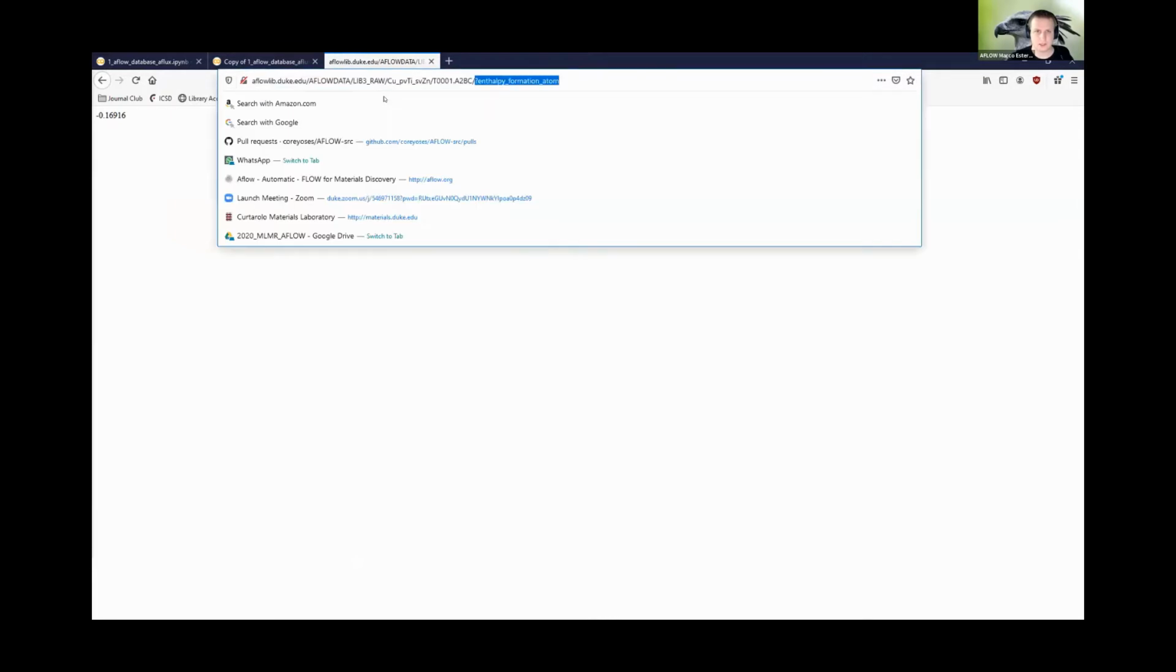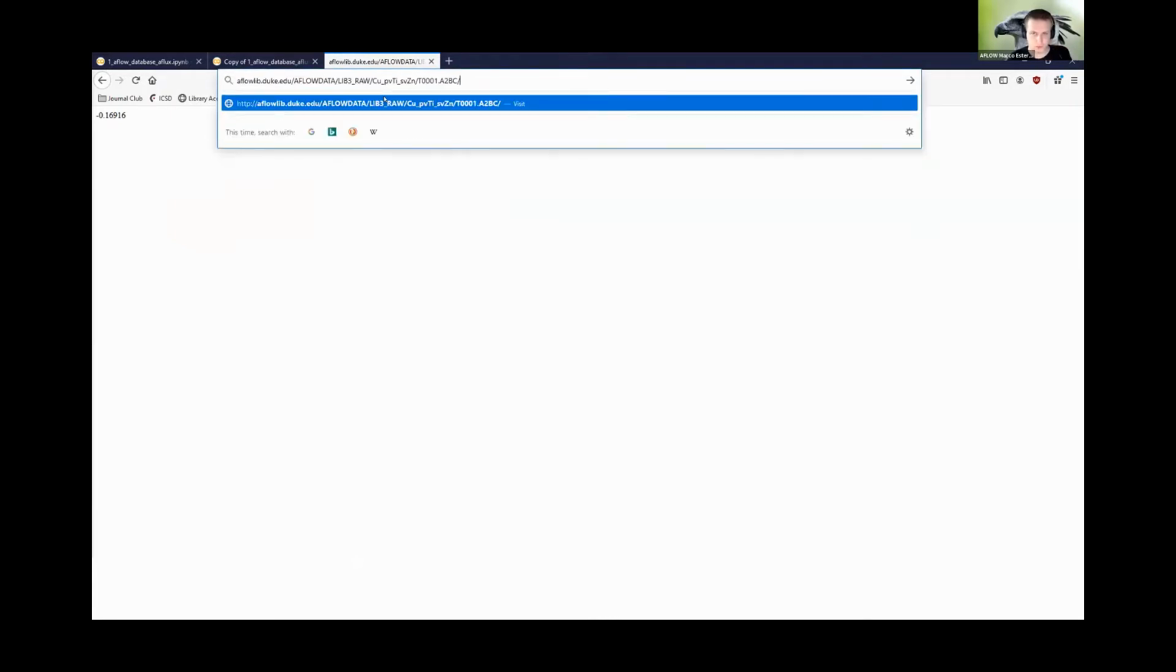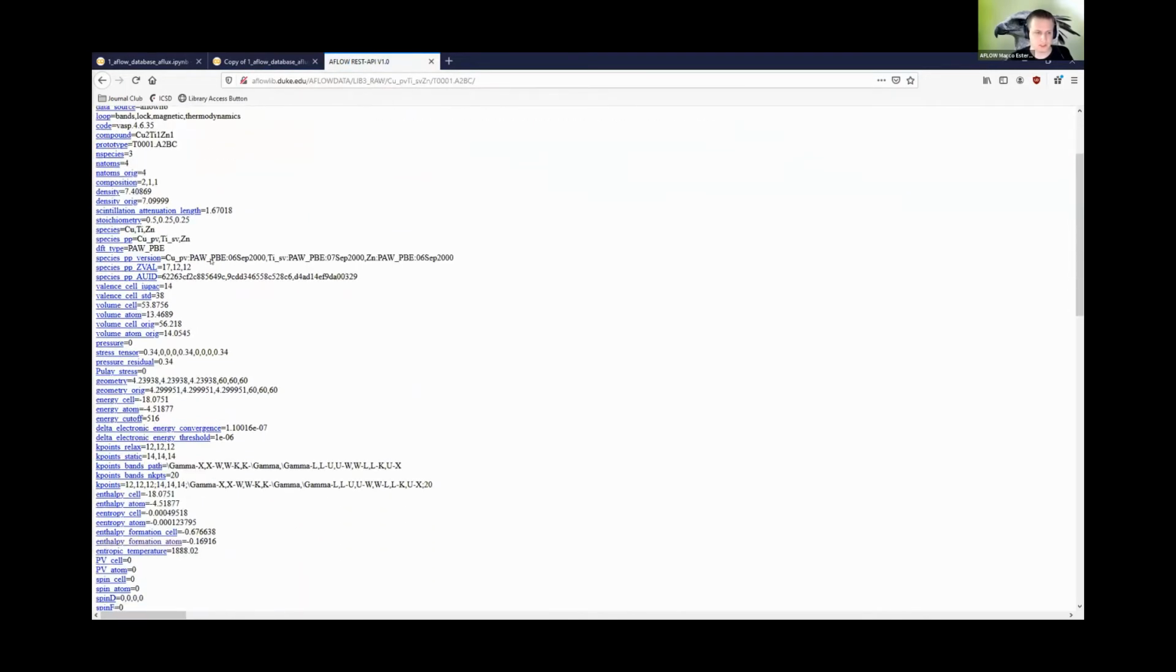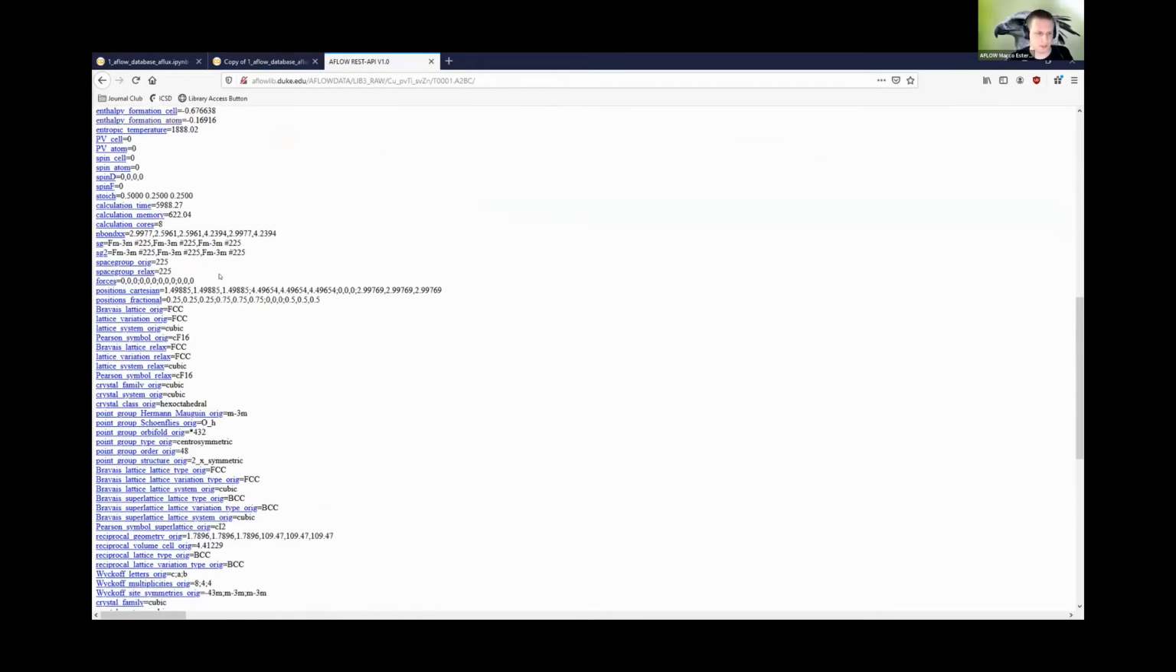And incidentally, the data page I showed you earlier, if you just remove the keyword, you get to the entire set of properties that we have. For example,